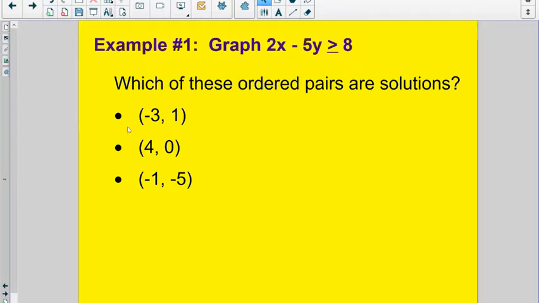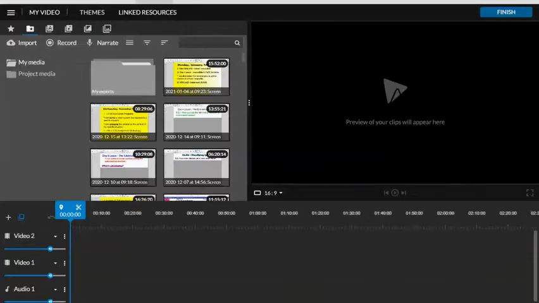So one way we could have done this without graphing is to take each of these ordered pairs, substitute the x and the y values into the inequality, and check to see if it's true or not, just like we did in the day one lesson. But we're going to do this with a little bit more speed today since we are checking multiple ordered pairs for the same inequality. All right, let me open up